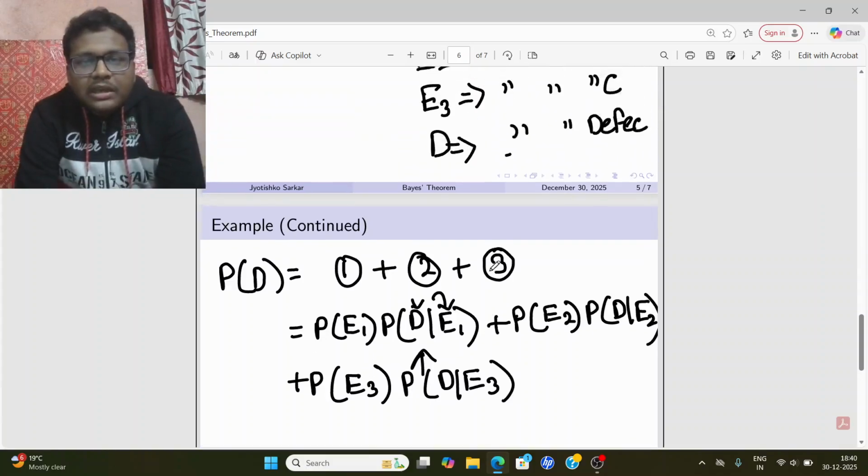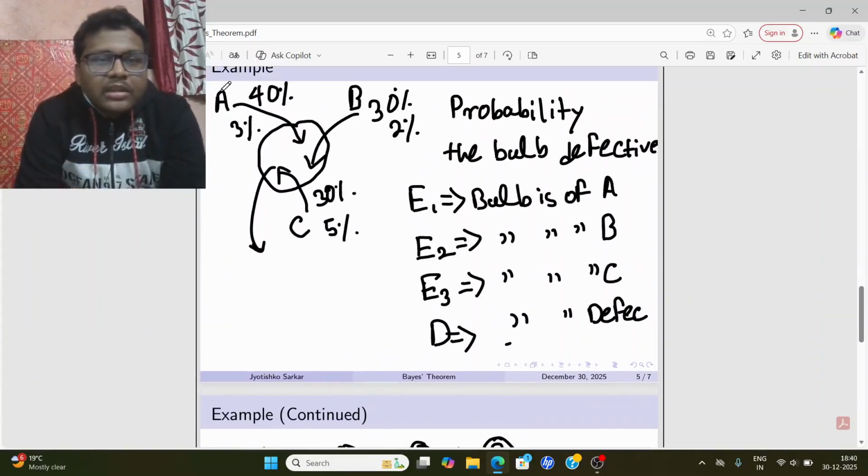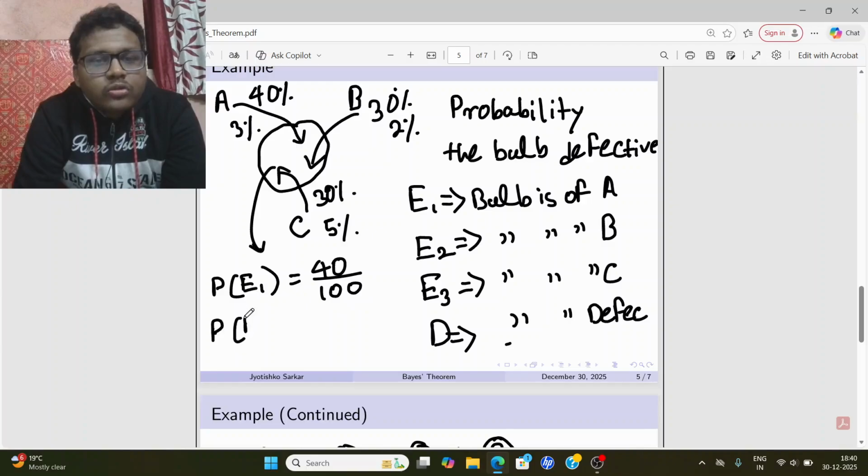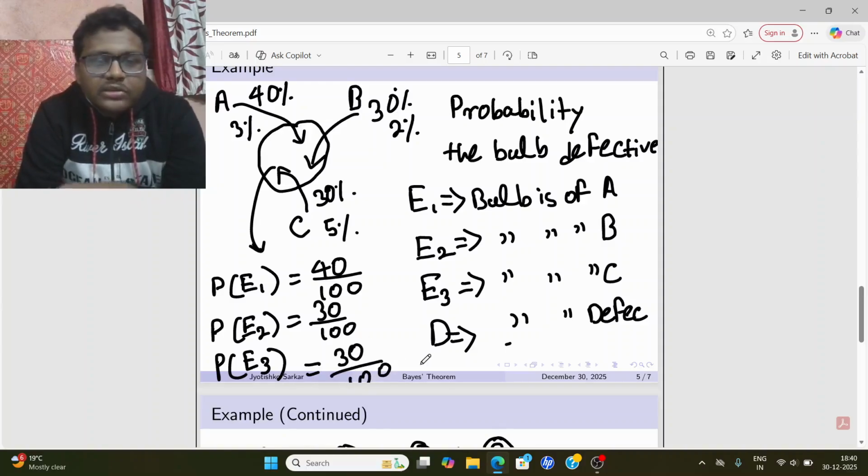Now, as you can see, the probability that the bulb is manufactured in factory A is 40%. That means it is 40 by 100. Similarly, probability of E2 will be 30 by 100 and probability of E3 will be 30 by 100 too. Now what will be the conditional probabilities? So you see that 3% of bulbs are defective in factory A, so